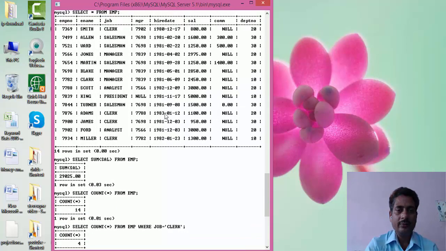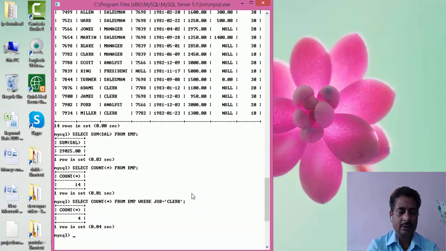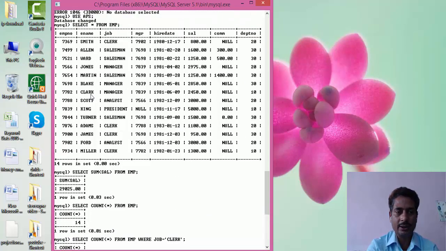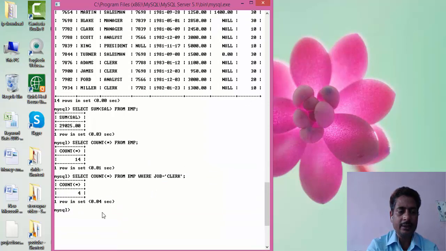The count asterisk sign will count the number of rows in the table. Always make sure, if we use any column name in place of asterisk, it will count the values in that particular column.